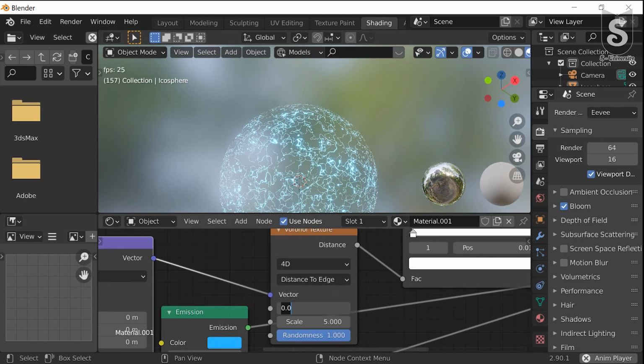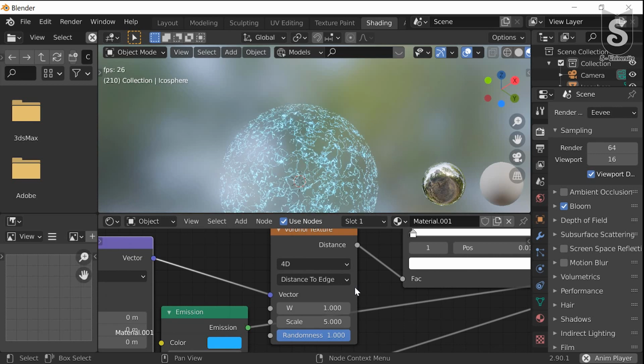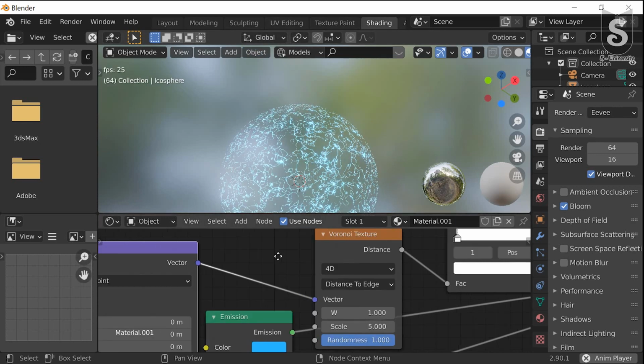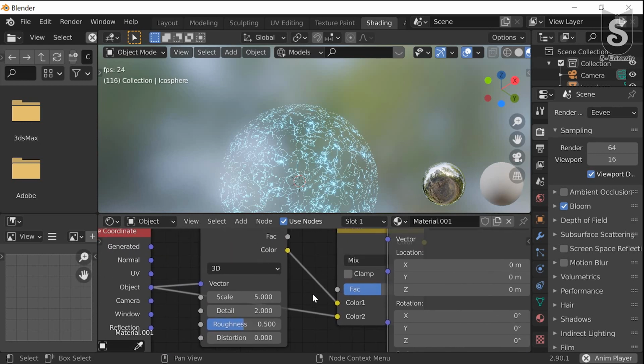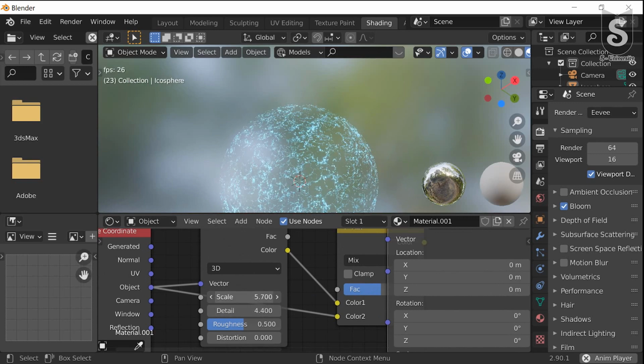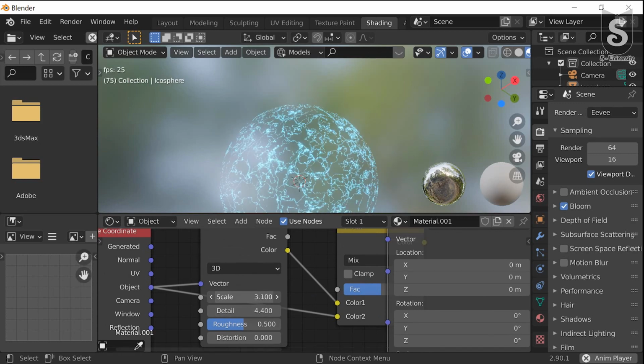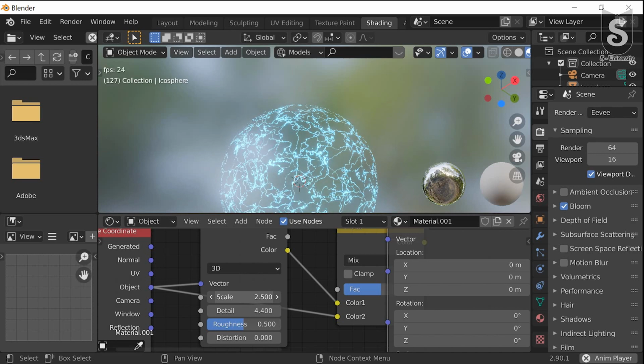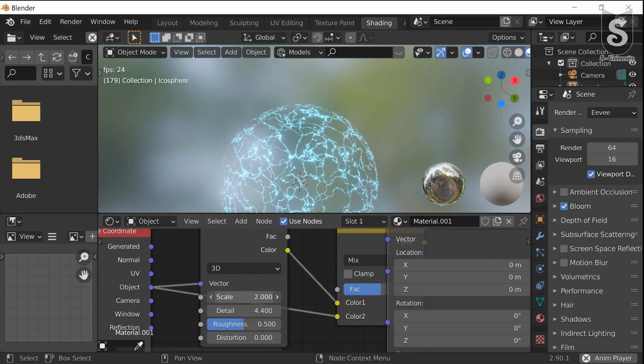We take the initial value 1. First of all, we are going to adjust the scale value or detail value. We take it somehow like this.